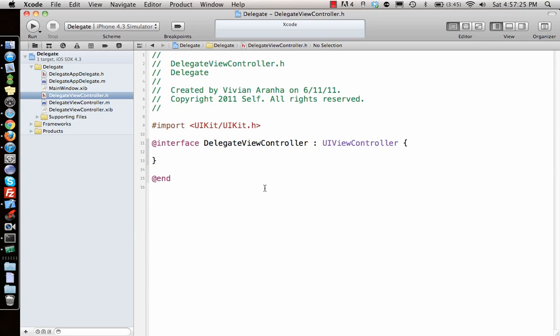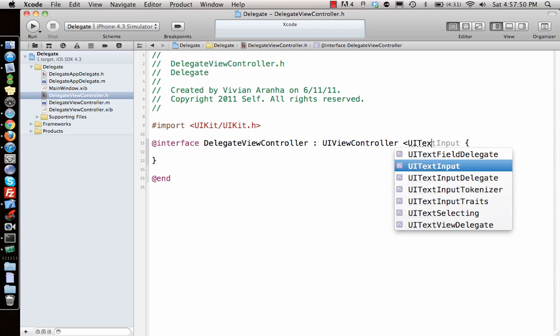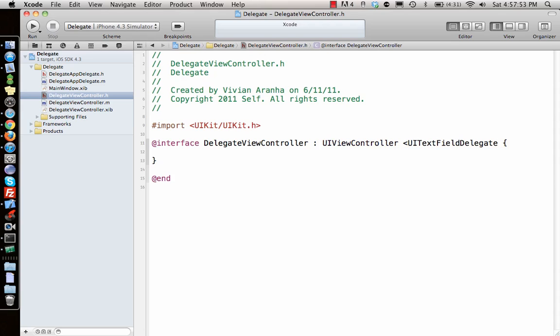So now let's go ahead, and this is the basic interface or basic class definition. Where do we specify the delegates? We specify the delegates just after the inheritance. This is the name of the class, and this is the parent class for this class, where it's inheriting from. And after that, if I want to give the text field delegate, I say UITextFieldDelegate. If I want to give